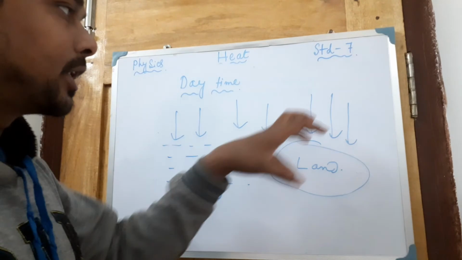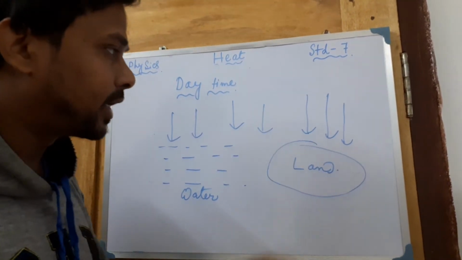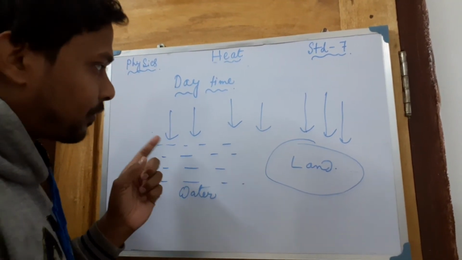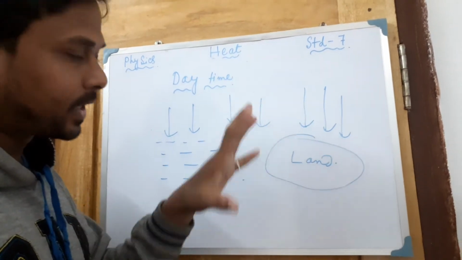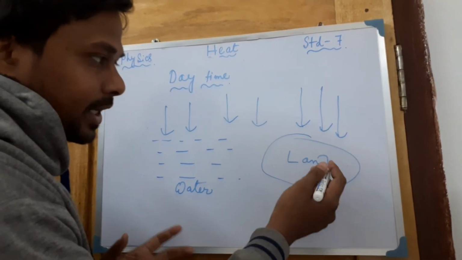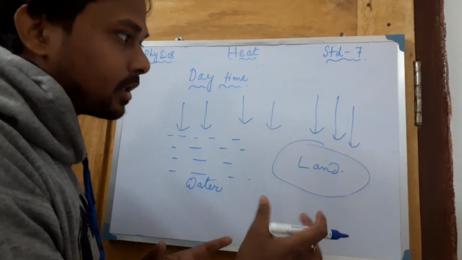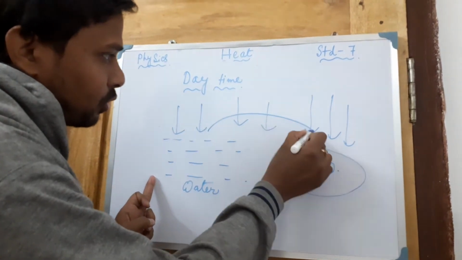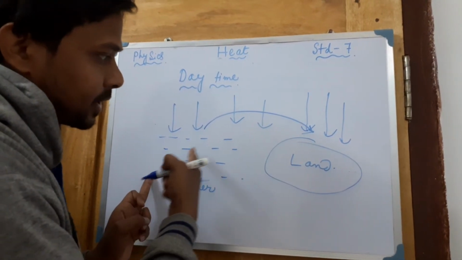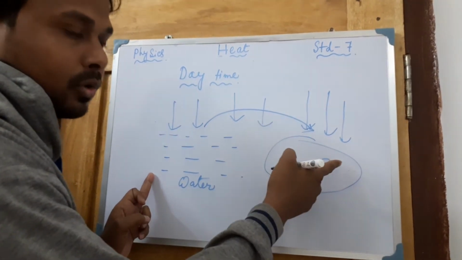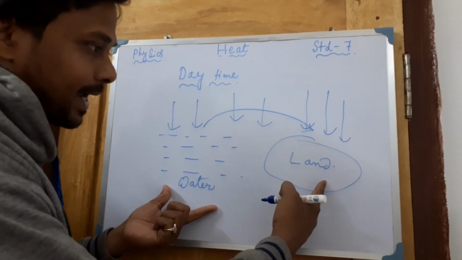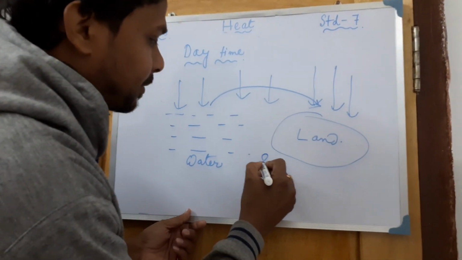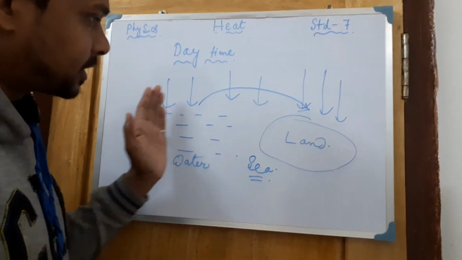Then in this portion, the density or pressure of the air is less. Here the pressure is more, so from higher to lower pressure the wind will go. Are you understanding? This is warmer, so definitely the air pressure of this portion is less. This portion's air pressure is more, so from higher pressure to lower pressure of air, the breeze will go. So this is the sea portion, this is the land portion, and the breeze is going from sea to land. This is known as a sea breeze, from sea to the land.